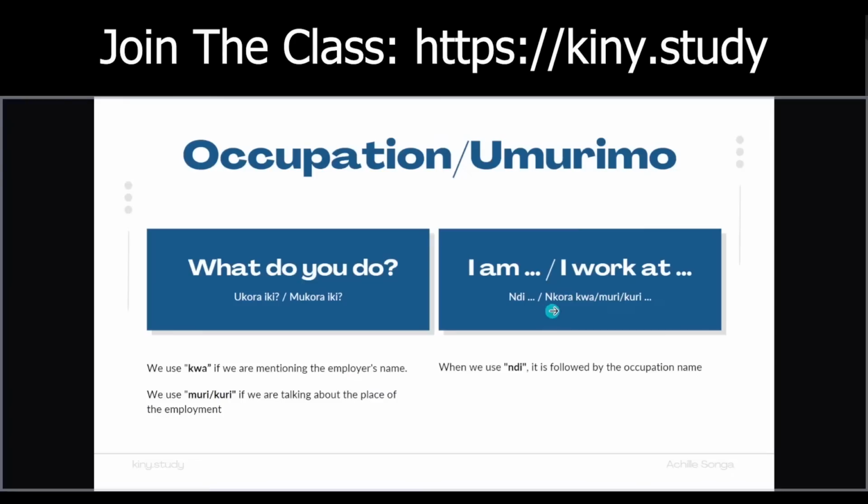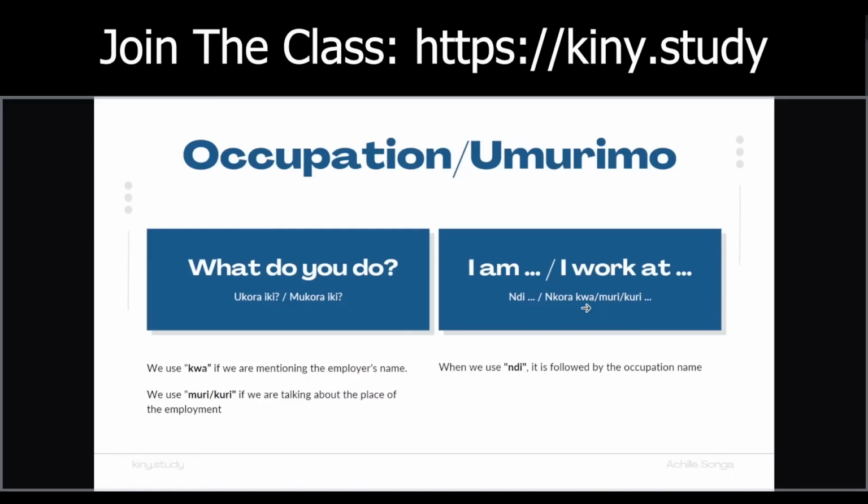So that's why I added multiple ways you can say this in Kinyarwanda. We have I work in, I work at, I work on. There's so many ways you can say it in English, which is the same in Kinyarwanda. So let's say you want to say I work at, or mora. I work is mora. So when you say I work in Kinyarwanda, it's mora, and then you add where I work. So if you were talking about at, I work at, so nkora kwa,